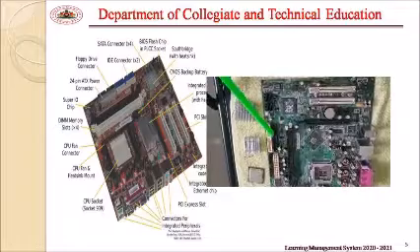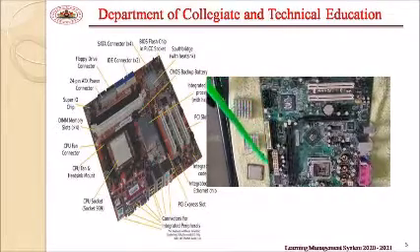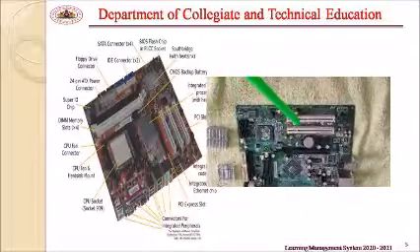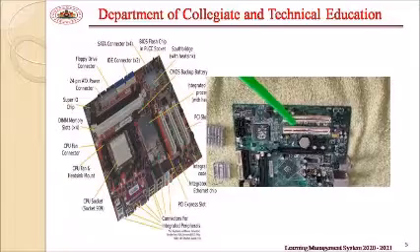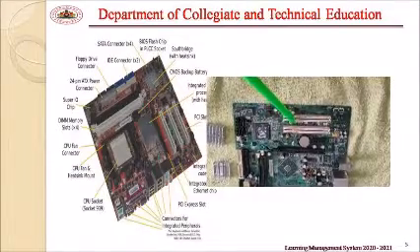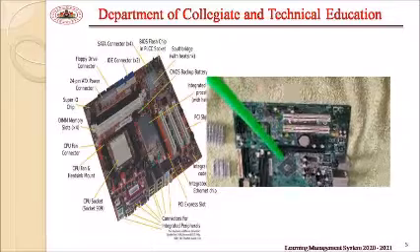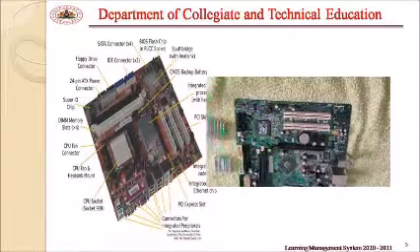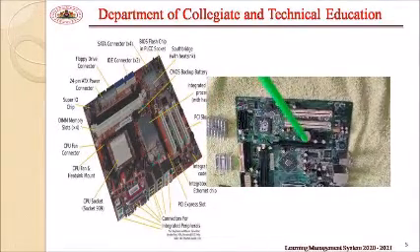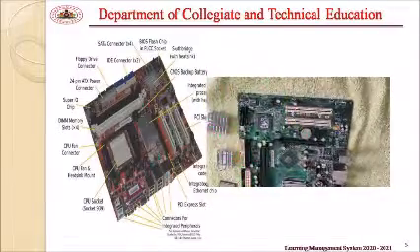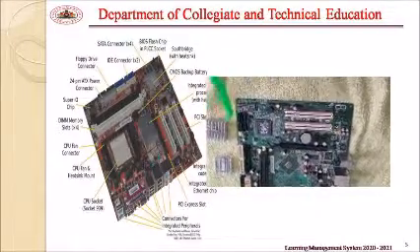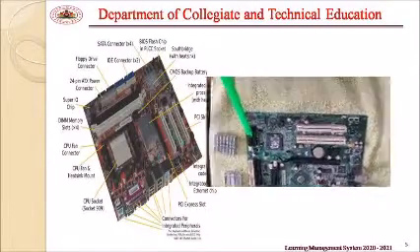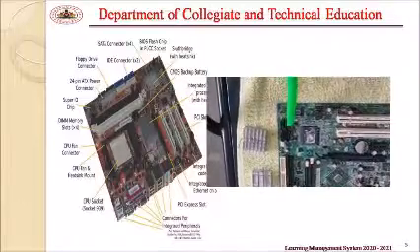The other connector available on this motherboard is IDE connectors. Next, we have other connectors, that is PCI, peripheral component interconnect. This is PCI 1 and this is PCI 2. And this is PCI Express, peripheral component interconnect express. And we have CMOS battery here. And the other connector available on the motherboard is SATA connectors. There are 4 SATA connectors available on this motherboard.